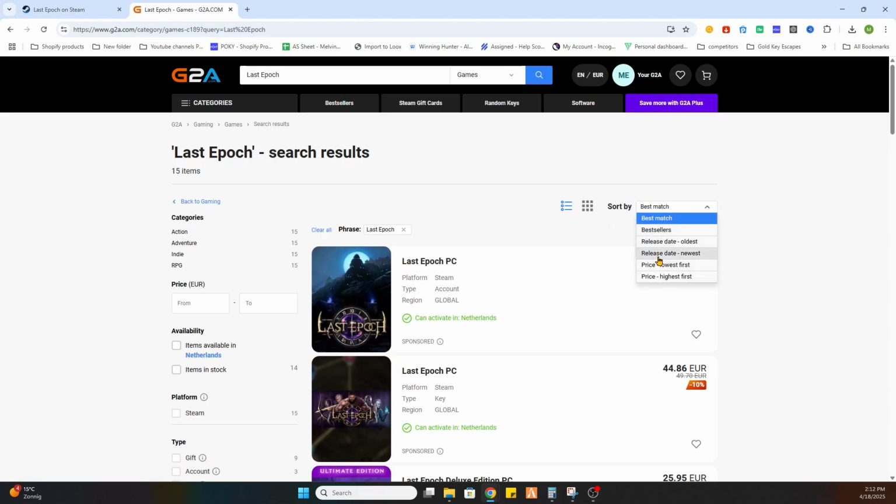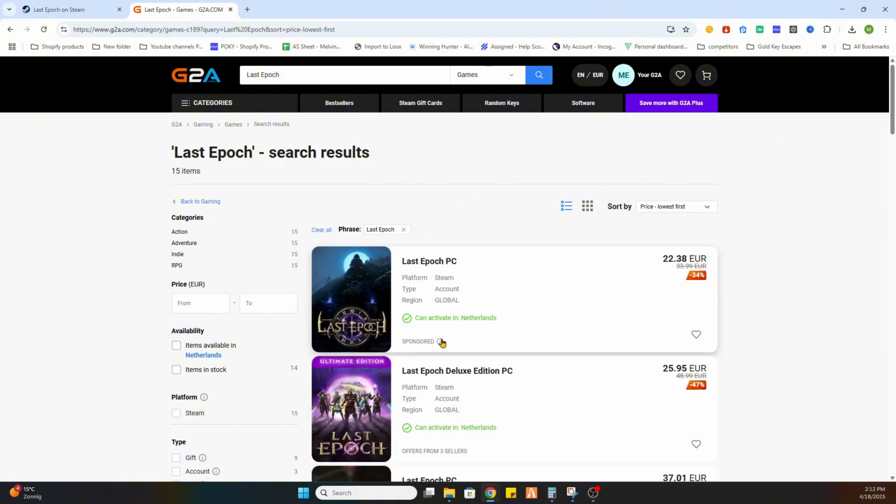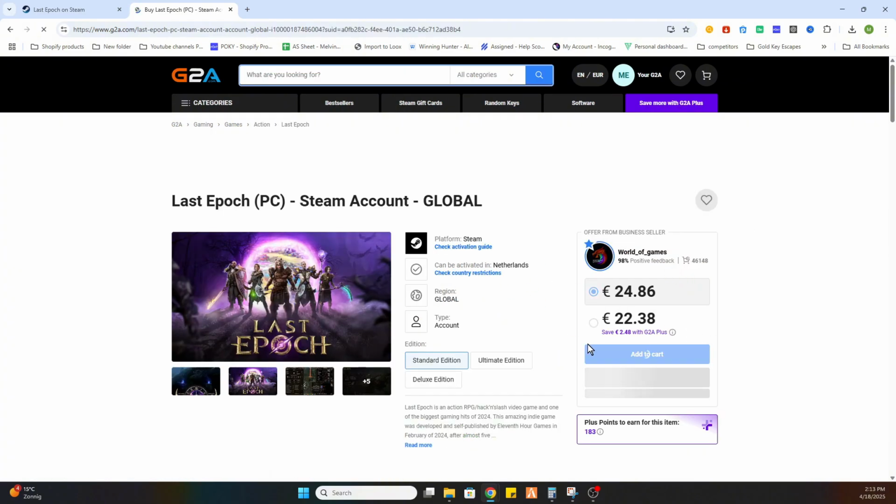After that sort by price lowest first and you will find this game, which can be activated in our country, so this text needs to be marked green, and of course you need to select the PC version. Then you can click on the game and you will find out that this game is already available for just